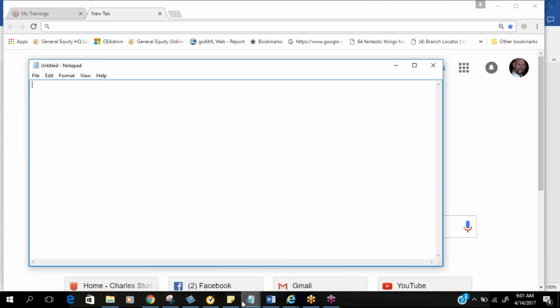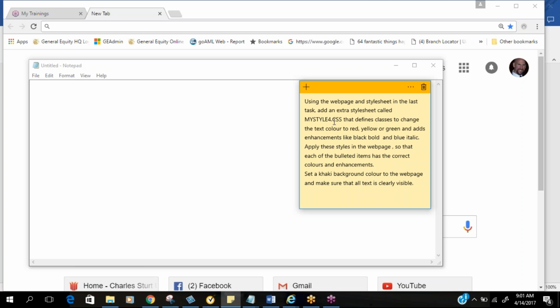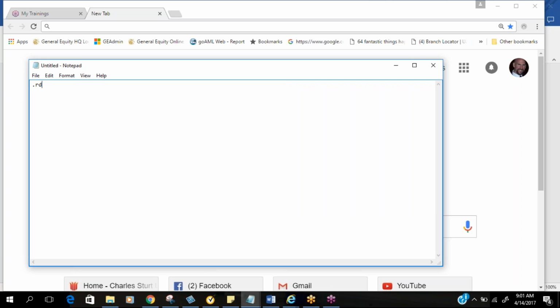task, and we're going to see what styles we want on style sheet 4. Now we want classes to change the text color to red. So let's have a class which is .rd. So whenever we have a class rd, that will direct us to this particular style, and we want the color to be fully red. So FF for the first two, 00 for no green, 00 for no blue, and that is